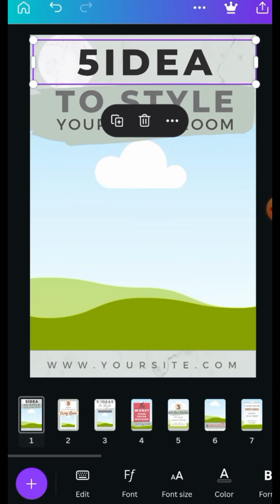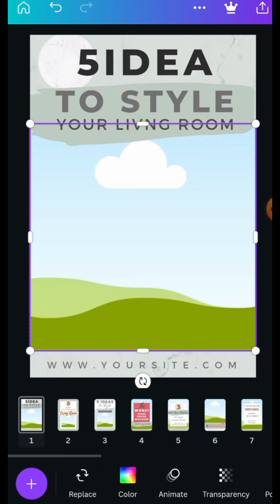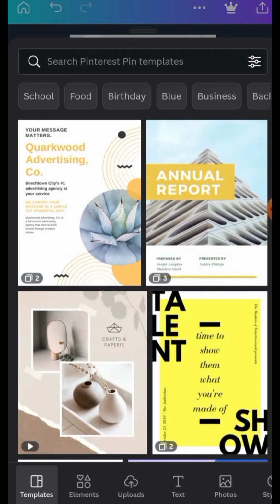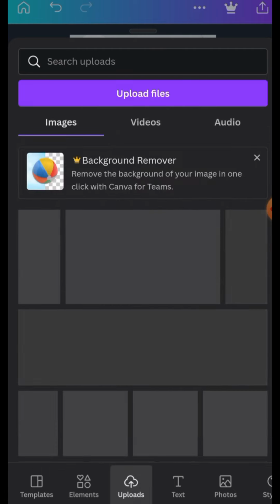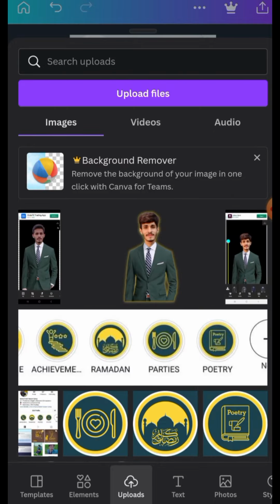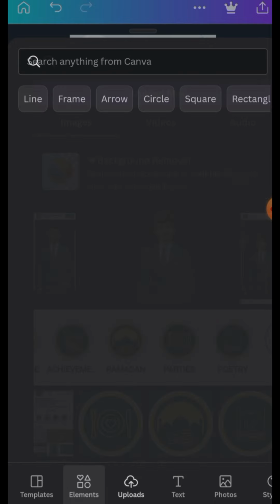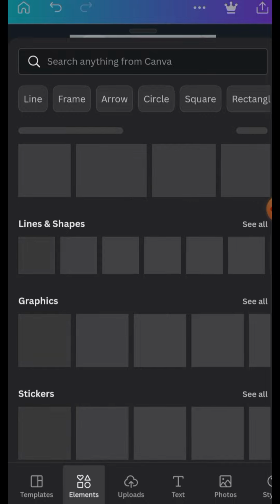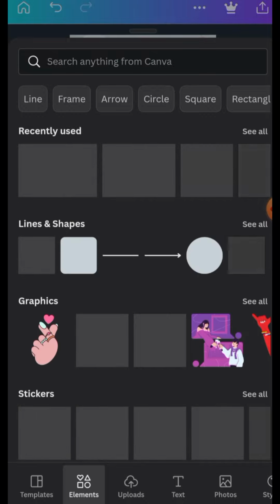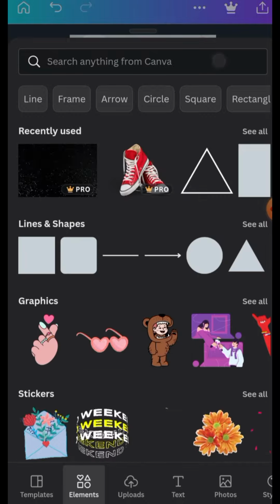Okay, if you want to add some images, you can select here and come to this section. If you want to upload from your gallery, you can click here and upload any image from your gallery. If you want to place any image from Google, you can come right to the element section